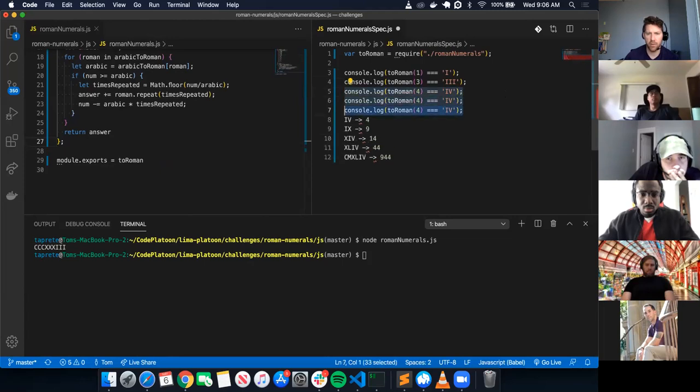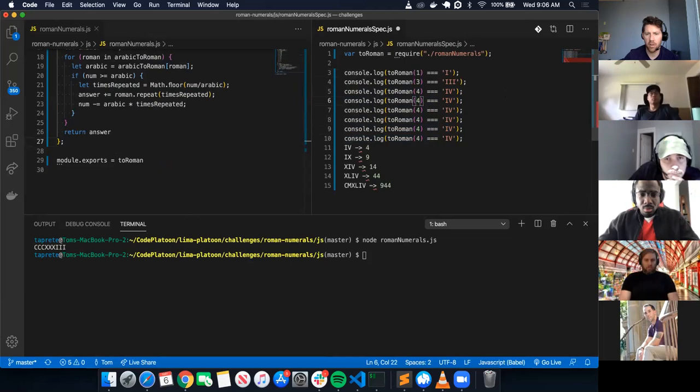So if I do 1, 2, 3, 4, 5, that works. If I do 9, it should equal this. Then 14 should equal this. 44 should equal